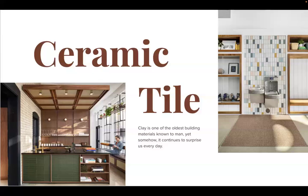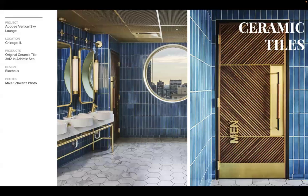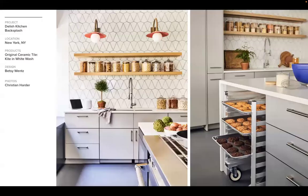So for my remaining time, I'd love to walk you through some of our product installs in each of our product categories. So first we have ceramic tile. We have two collections, one from each factory. First here, we're going to see a hospitality project installed with a modern pattern, but utilizing one of our high variation glazes. Second, this is a backsplash installation that shows how our patterns can provide an interesting and